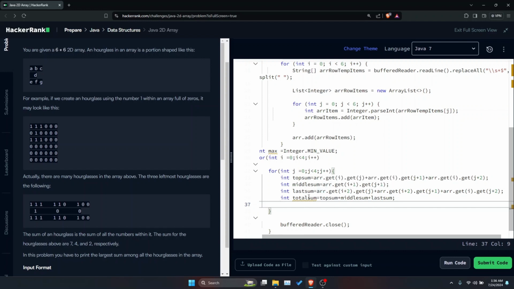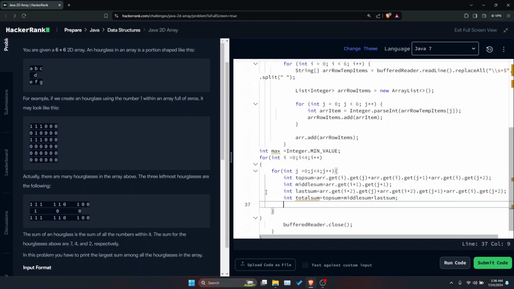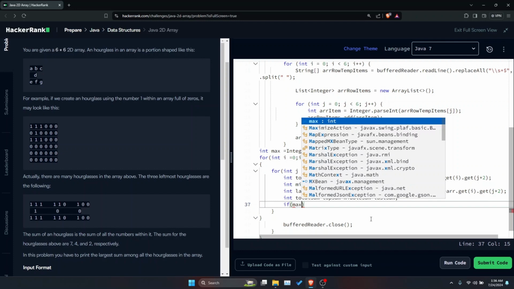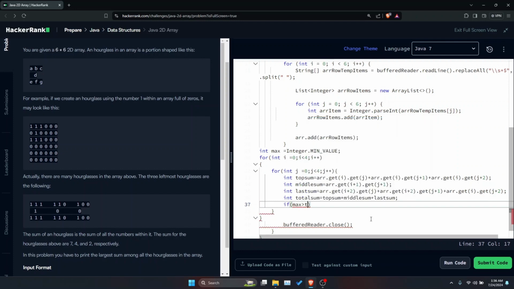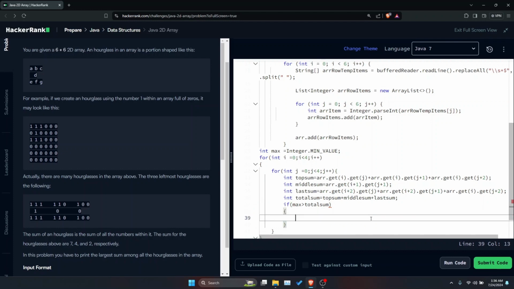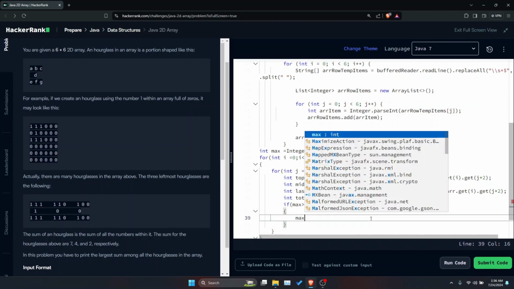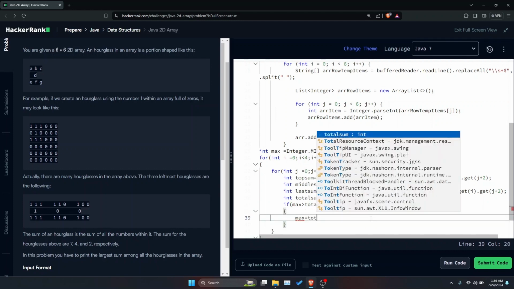Now I would compare this total sum with this max, and if the total sum is greater than this max, then the max would be updated to the total sum. I would write if max is less than total sum, then update the max value to that of total sum.